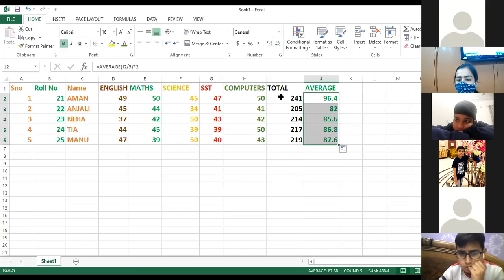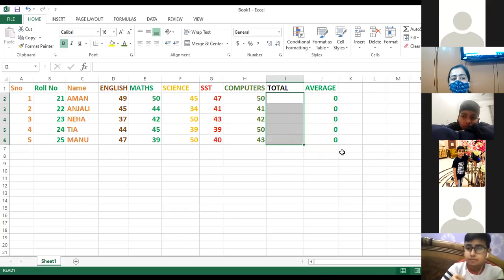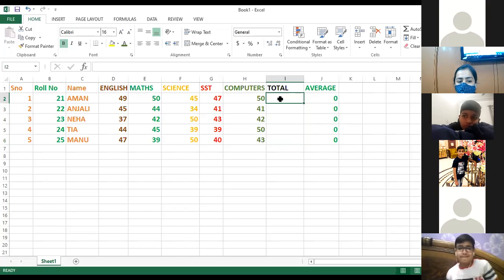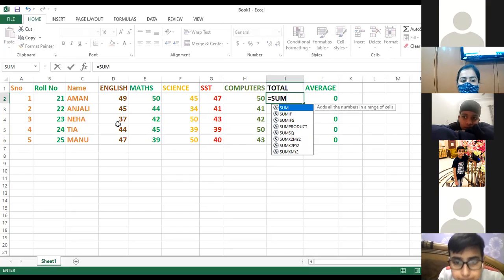So in order to calculate the total, I am deleting all this once again. See, as I delete all the total marks, the average comes out to be 0. So how to calculate the total? Every formula, as I told, begins with the equal to sign, equals to sum. Sum is to be calculated from D2: English, maths, science, social, computers.